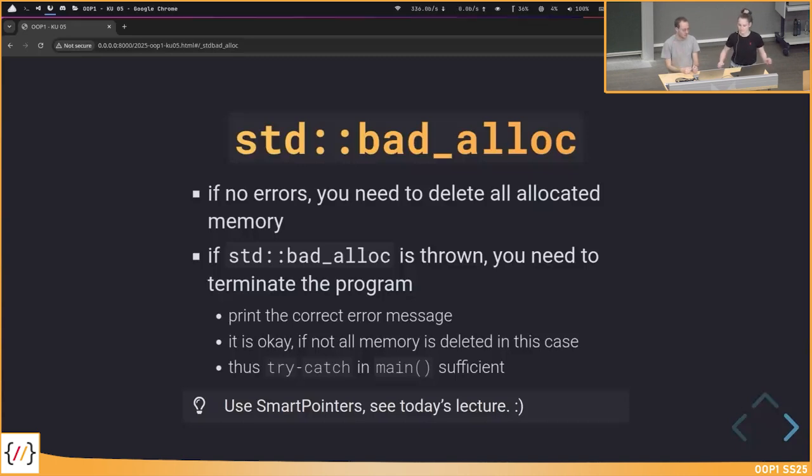We'll see them in one hour, and they are really nice because then you don't need to think about memory management. Still, you need to do this try catch thing in the main because also smart pointers are pointers under the hood. Also there, this can fail, but you don't need to deal with deleting memory at all. And maybe if you hear about smart pointers today, think about our memory safe int because there are some similar things about them. Okay.